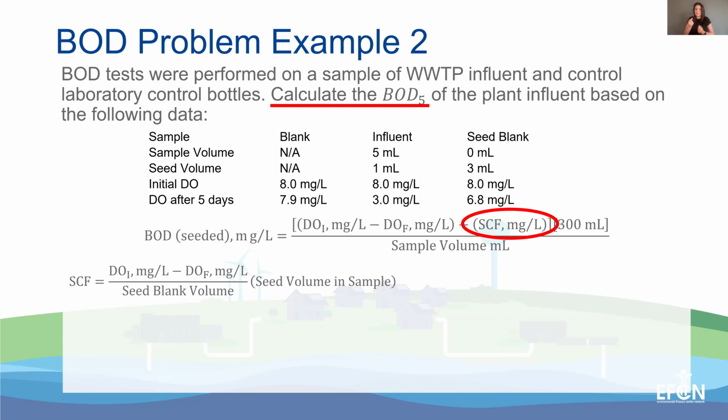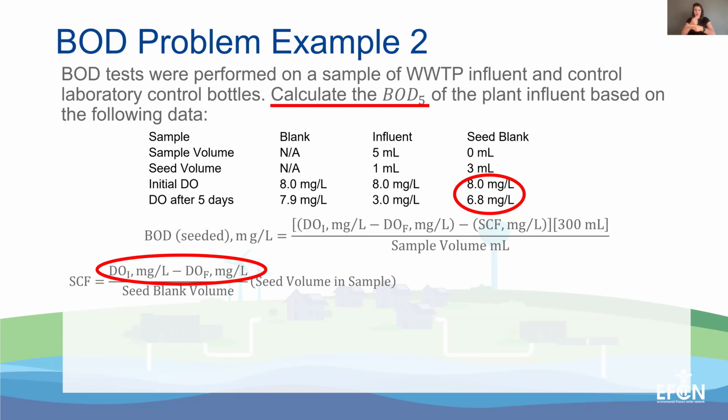So you put a small amount of that seed in the sample that you collect from, say, your influent or wherever in your process you're doing. And then you also run that BOD5 test as well. You would also keep running your blank tests on that. And then afterwards, you would take the DO that the seed consumes, you would plug it into your seed correction factor.